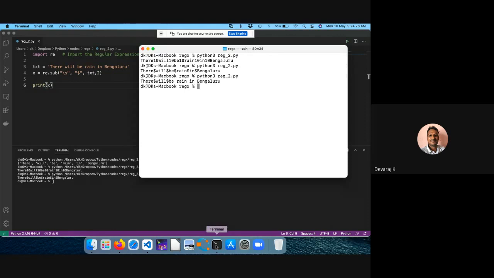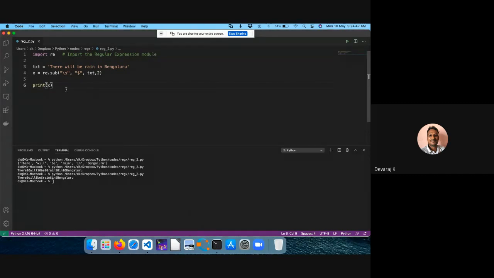So what we have for the regular expressions. One more example is slash d. That is to extract the numbers in your string. So let me do that: a program to extract the numbers from the string.